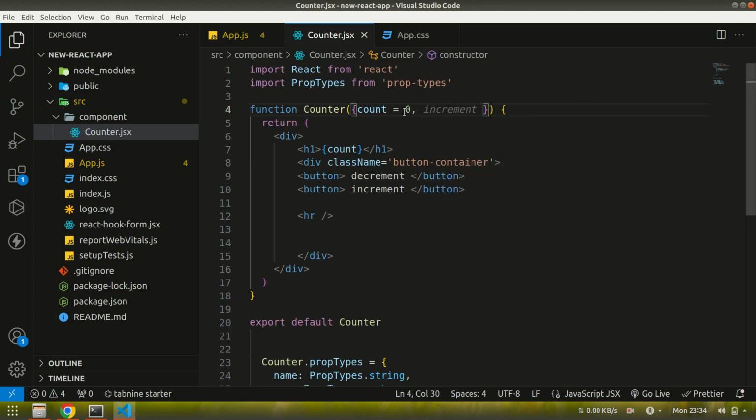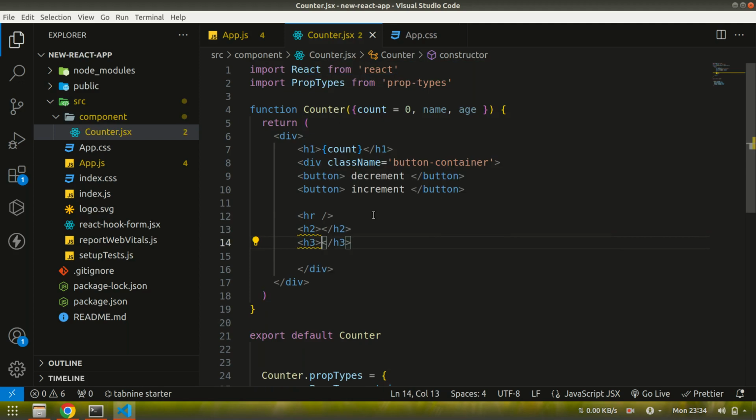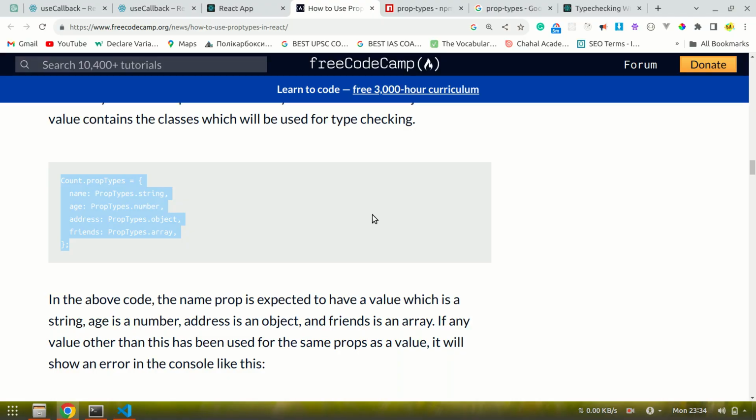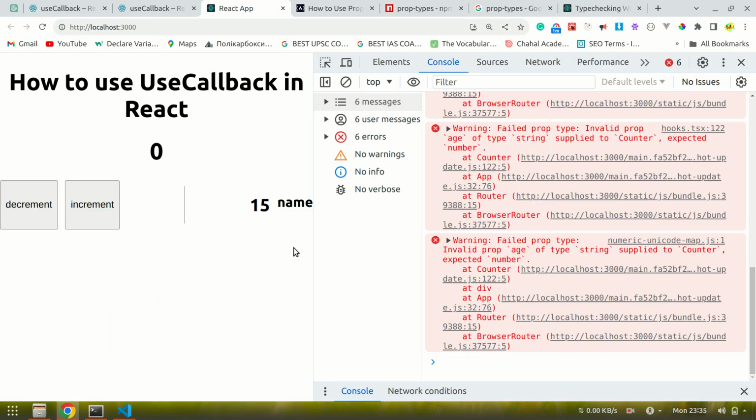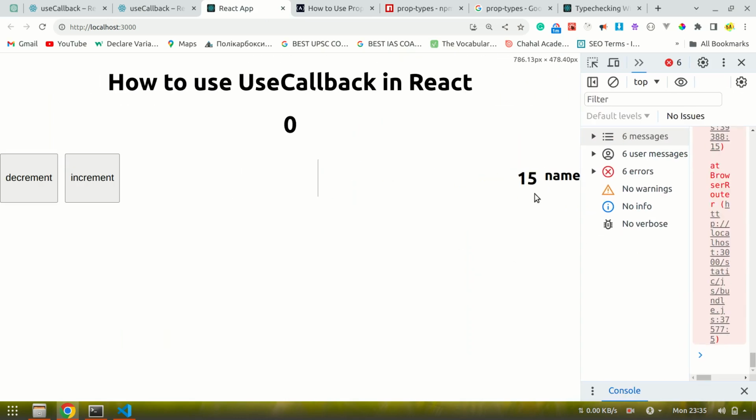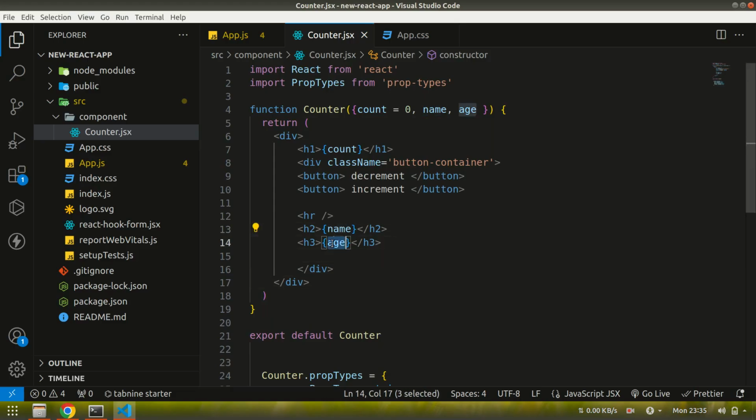So let's import our other props here. One is the name, the second one is age, right? Let's try to render my age and name here. Let's use this h2 tag here, and again this h3 tag here. Within this I am going to render my name, and within this I am going to render my age. Now if I save this and go to my UI, as you can see, we have rendered